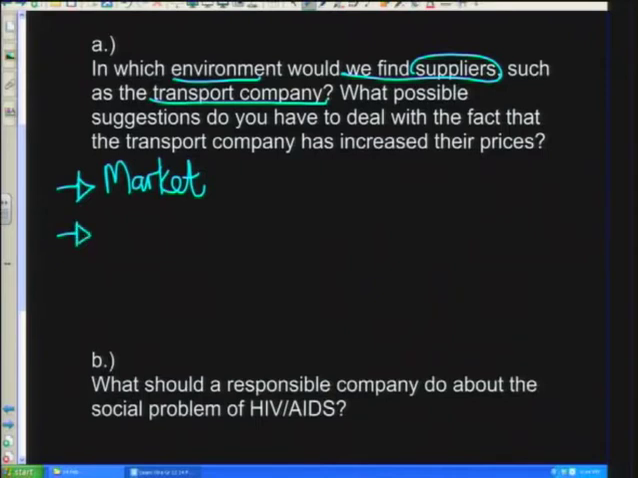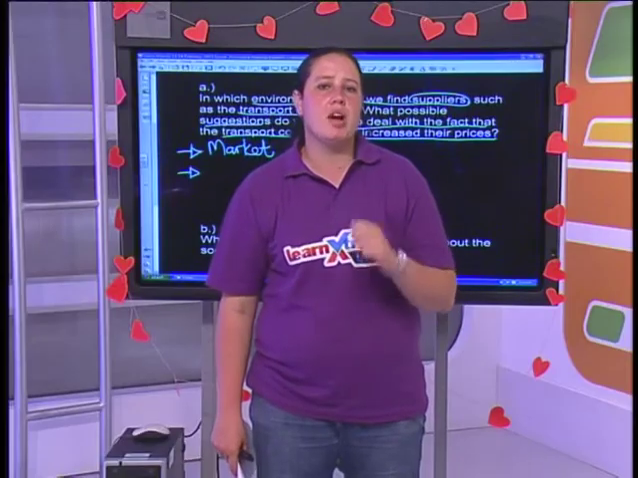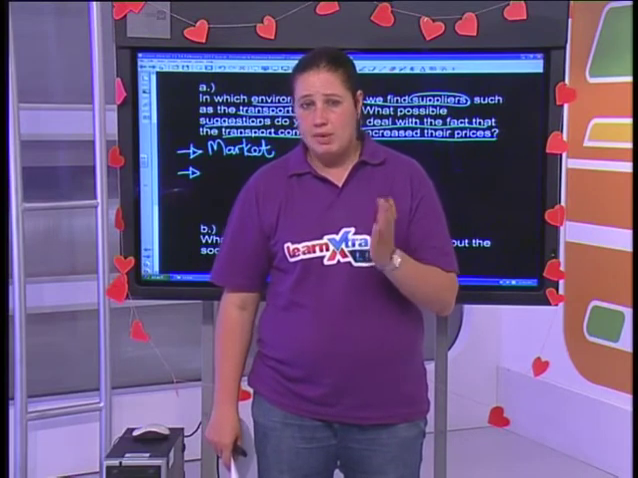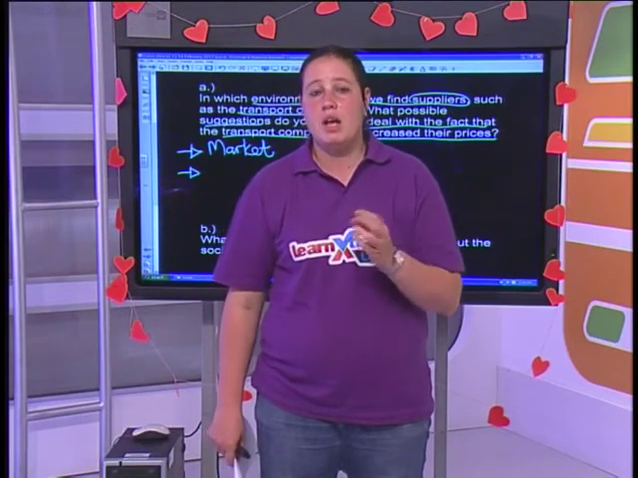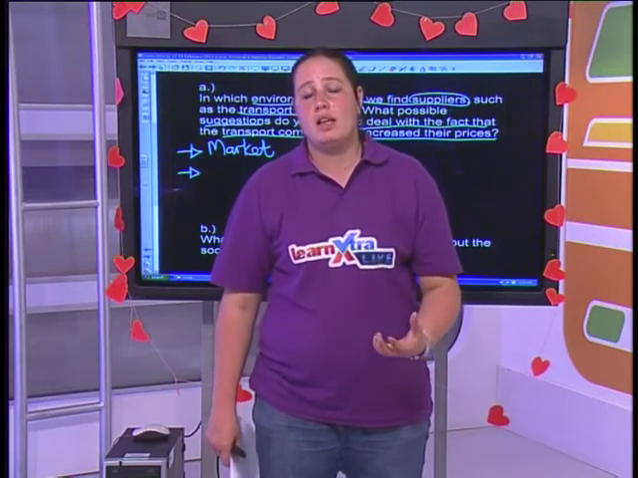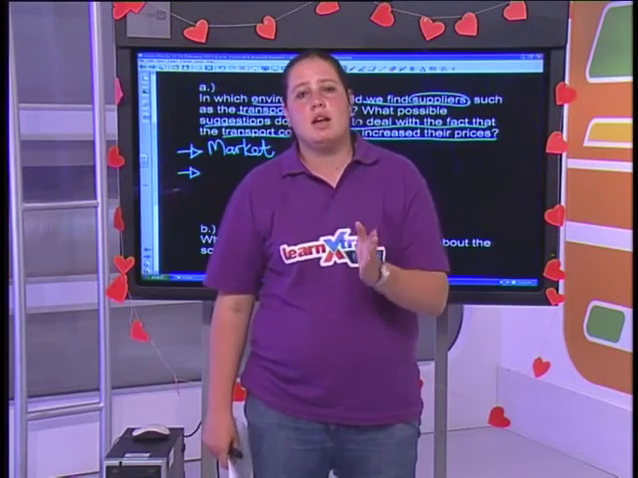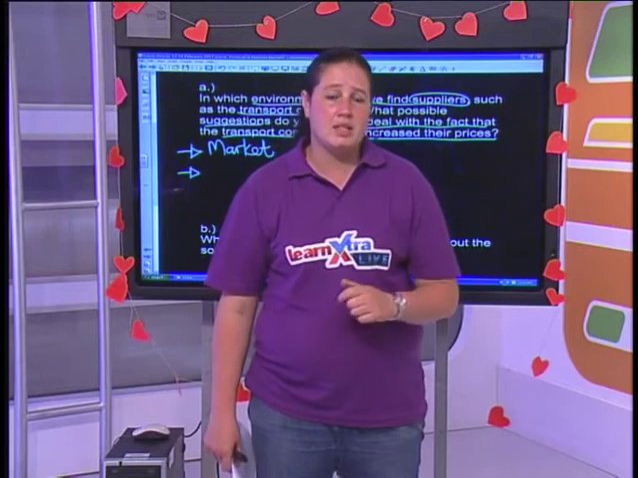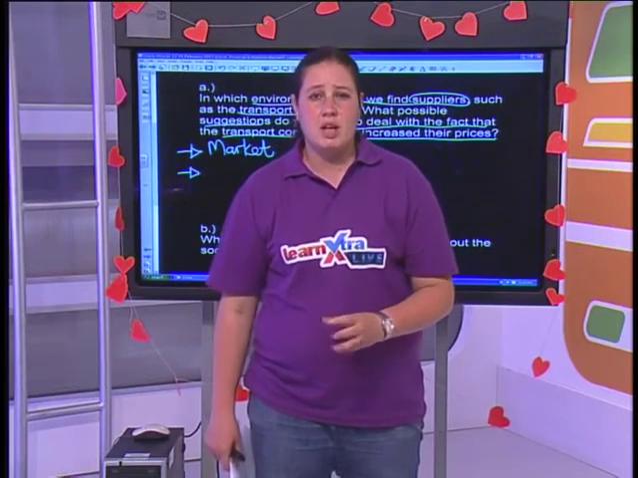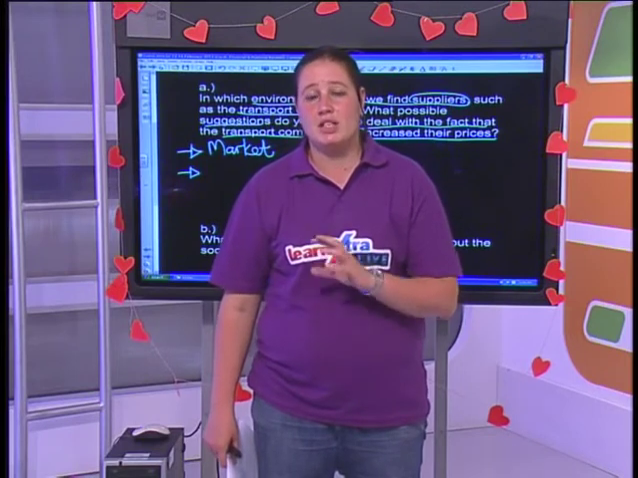The second part of the question, what possible suggestions do you have to deal with the fact that the transport company has increased their prices? So because the transport company has increased their prices, what can you do? Now, there are two parts to this, and you need to look at both sides. So if the price of fuel or petrol has gone up, they have no control over that. If prices go up, all the company can simply do is try and adjust to it. They can adjust to it in ways like cutting costs, so having fewer employees, or trying to use cheaper raw materials. So they will literally have to look inside to try and adjust to an increase in the